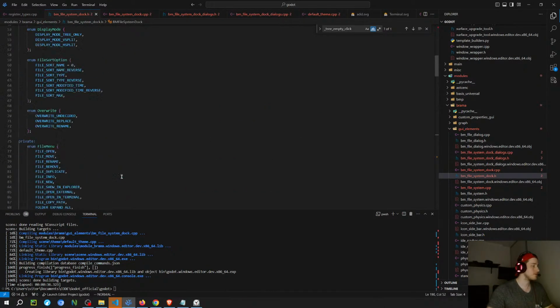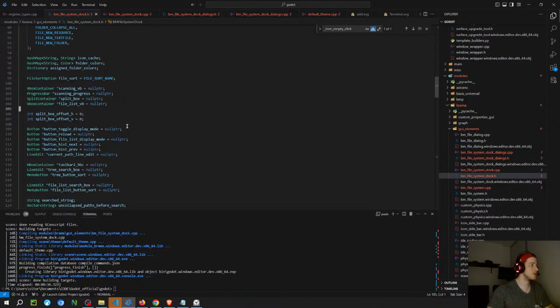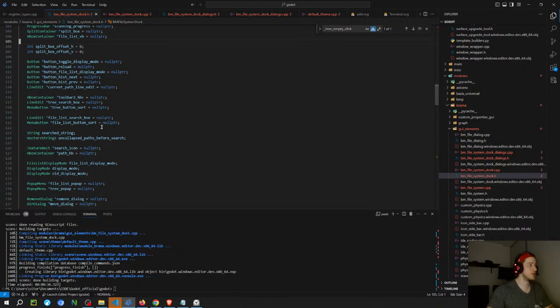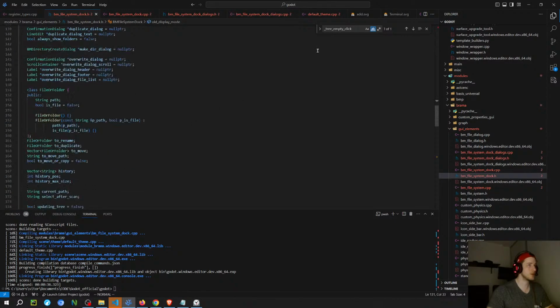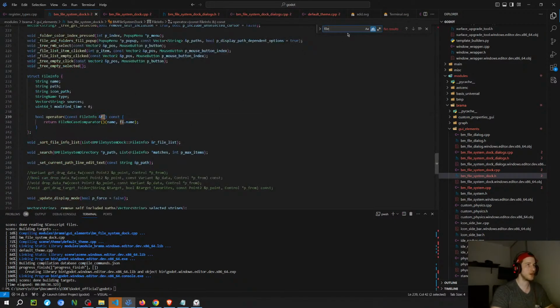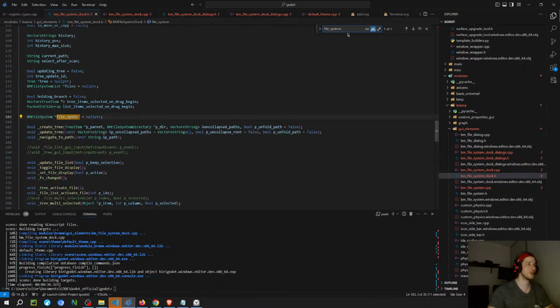The other thing I had to do is that the original one is a singleton, and I changed it so that it's not a singleton. So I'm doing it based on a variable that I have there, which I'm not 100% sure if it is good or not. And then I had to change some dialogues because the dialogues use the singleton. So I had to set this pointer here on the dialogues. So this could be another reason why it's not working there. But I think it's something related to